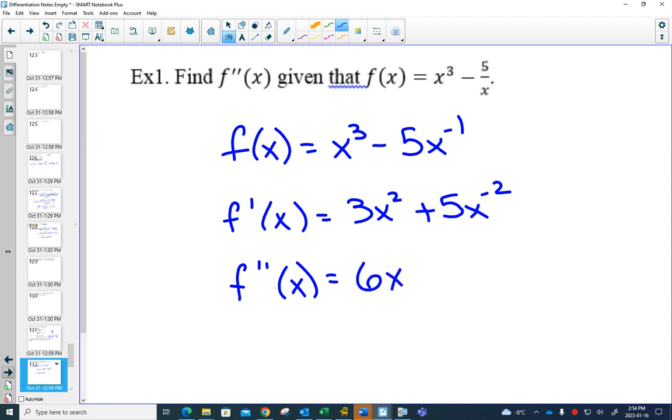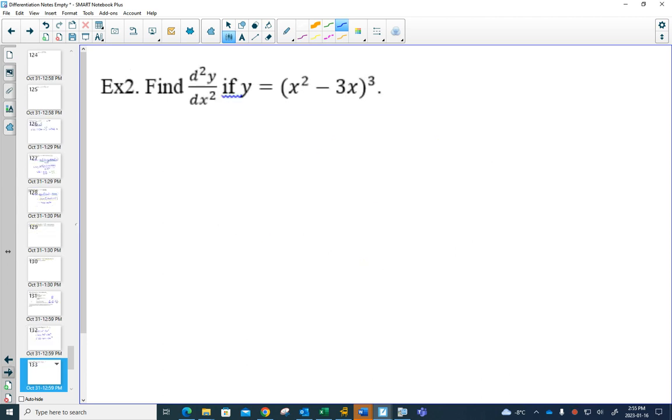That first term will now be 6x. The negative 2 would come out in front, subtract 1 from the exponent, and we would get negative 10x cubed. Very nice. Do you see a chain rule? Okay. So sometimes you would, if you're doing a second derivative,